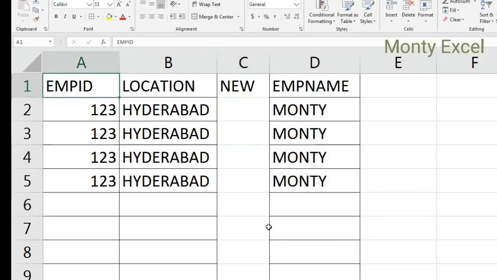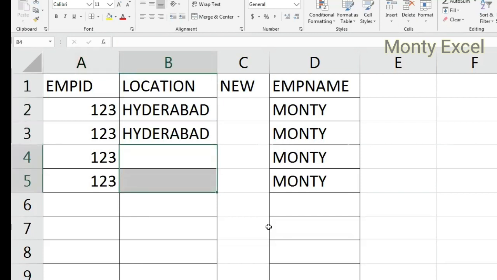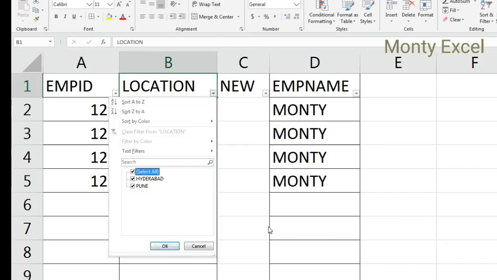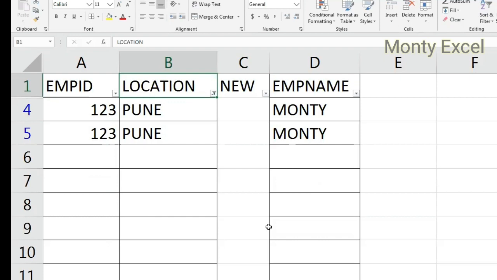There's a huge data and my boss is looking for only one data which is related to, let's say, Pune. So what I do, simply I'll go to auto filter, I'll try to filter the data with Pune. So this is how I'm trying to slim down my data. Okay, customize data. So in terms of SQL, if you want to customize your data or you want to get